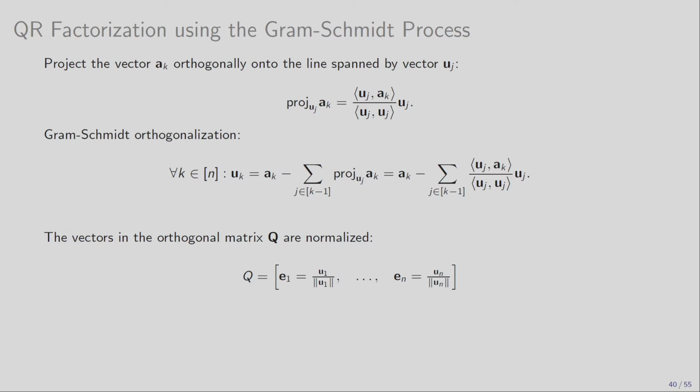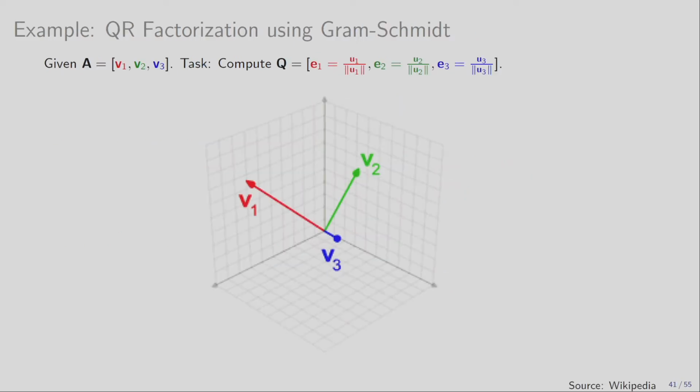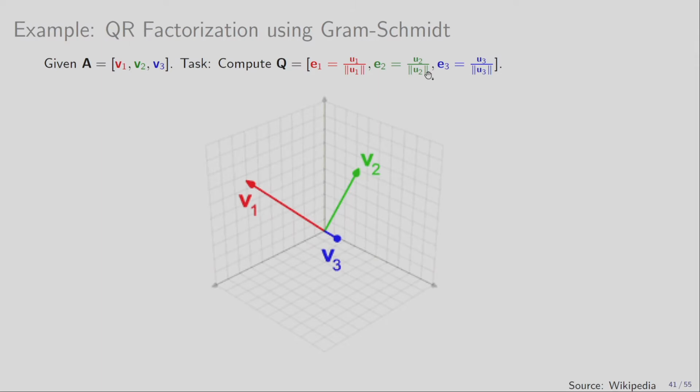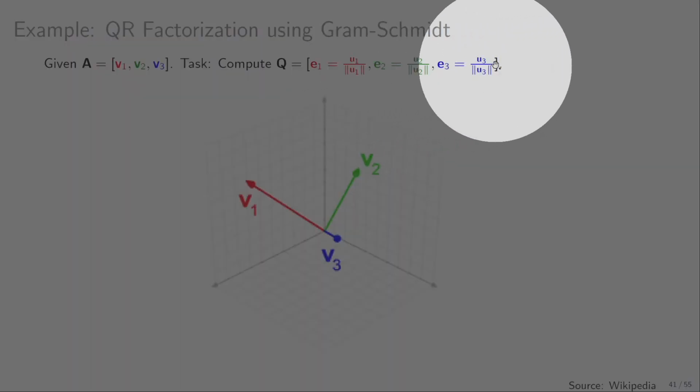And once I have constructed the vectors U, if I normalize them, I get Q, my first matrix. Yeah? But that is expensive also to represent. So this is the way you do it. I will show you for 3 vectors, V1, V2, V3. And we effectively want to compute E1, E2, E3, which are basically the unit vectors of U1, U2, U3.